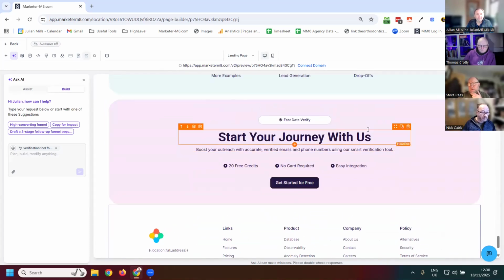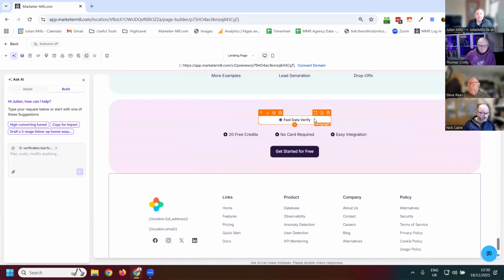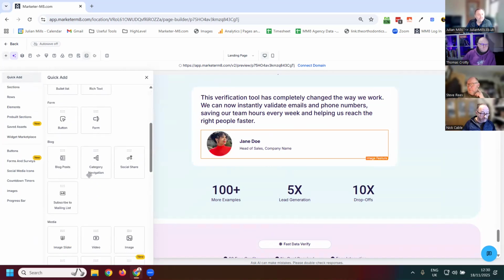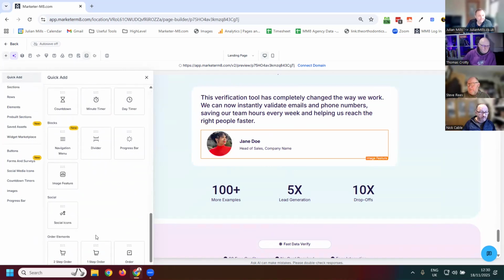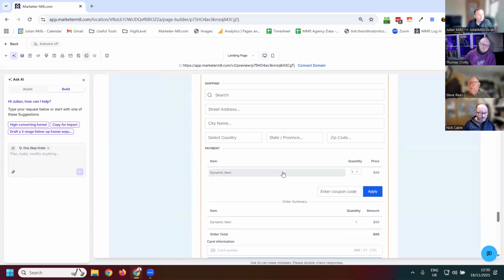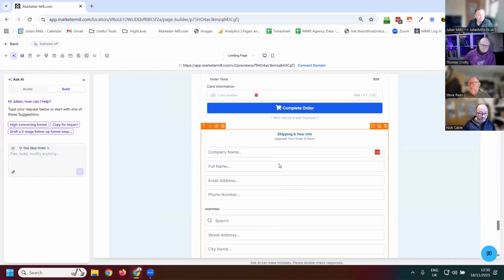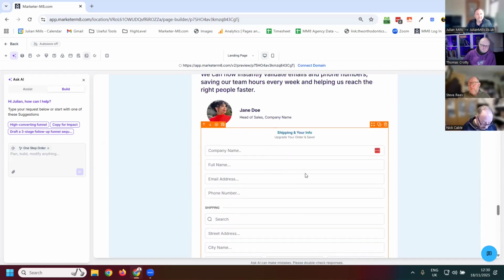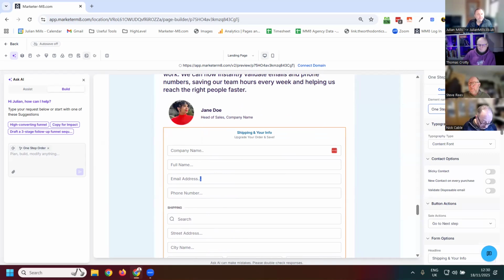But what I could do is take this out here like that. Oops, messed about here now. Hang on, let me try something. So here we can insert a one-step order form like that. Yep, so then we've got an order form built onto the page, taking a very simple order. If I click on it once like so, it brings up all the settings for the order form,